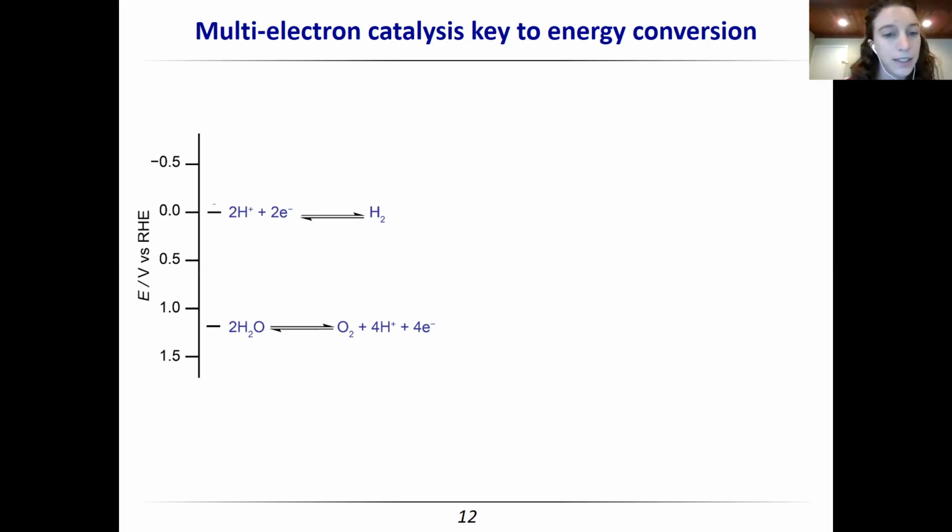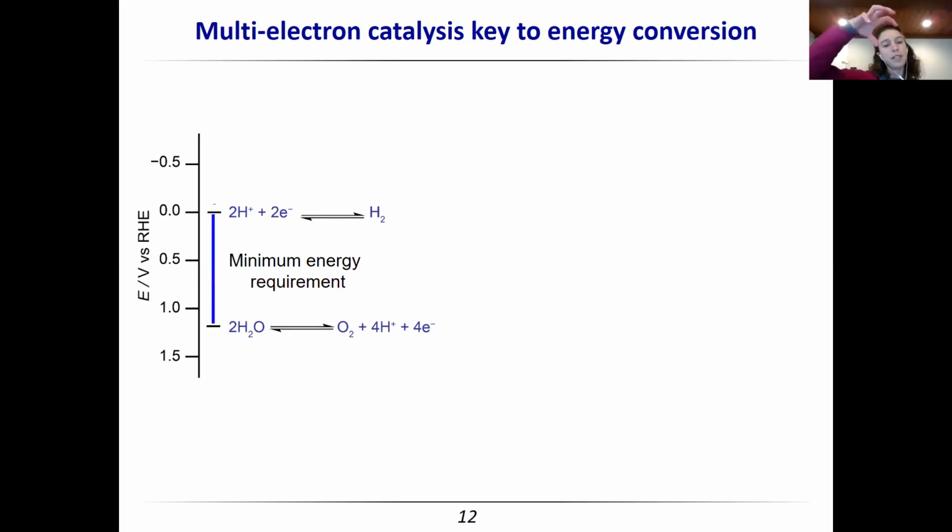Let's again look at the hydrogen evolution reaction in particular. Before we do that, the energy difference between the thermodynamic potential for doing hydrogen evolution and the thermodynamic potential for splitting water to oxygen, protons, and electrons is the minimum energy I have to give that system in order for it to run. This is just thermodynamics. In this case, that's 1.23 volts. But that's assuming that there's no activation energy to either of these processes, which is, of course, unreasonable.